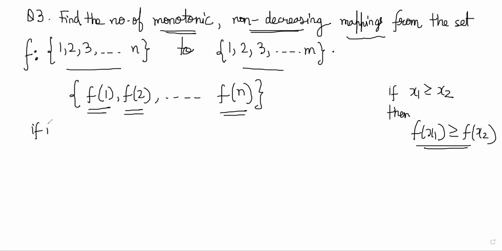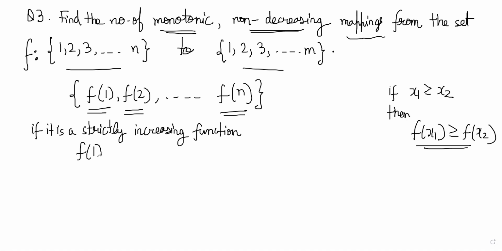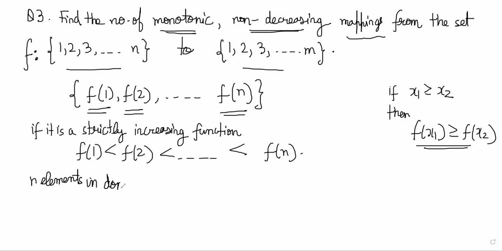So if it is a strictly increasing function, then what has to happen is f1 should be less than f2, should be less than, and so on till fn, right? So since here there are n elements in the domain and m elements in the codomain,